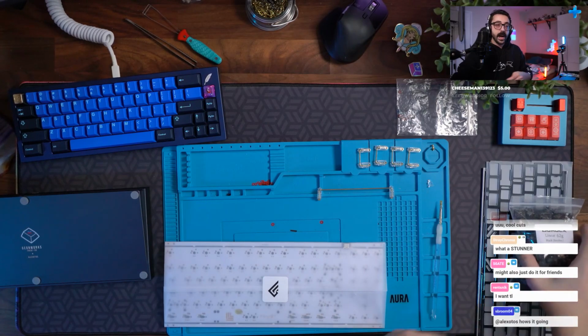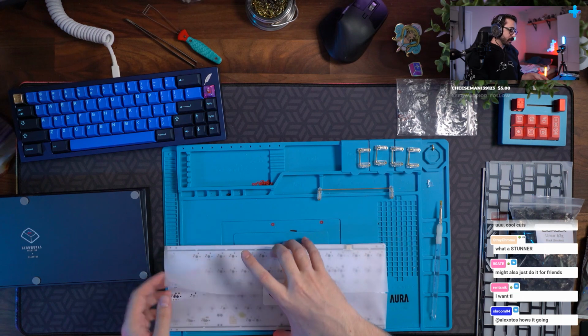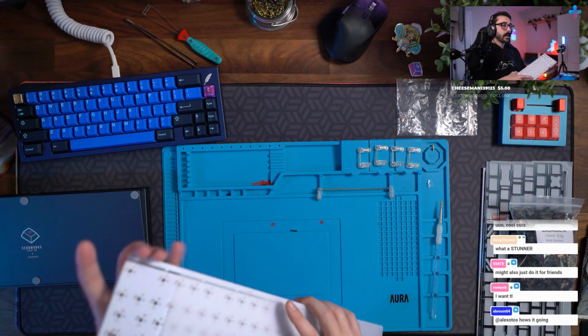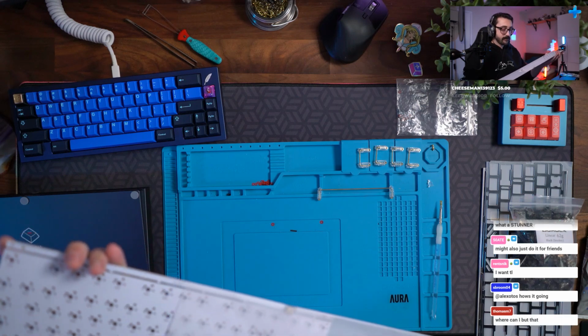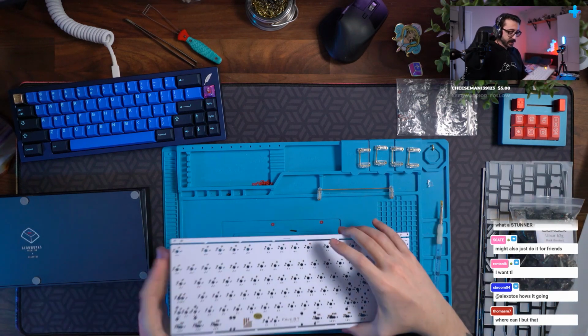What a stunner. Yeah. If you guys were asking how we got it, I spoke to Geonworks. We worked out something. This was a Korea only group buy. I managed to get my hands on one, and here is